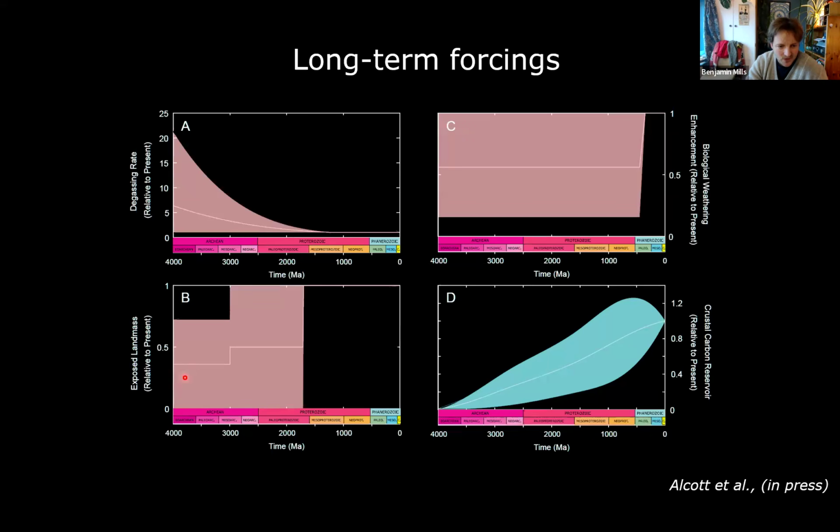Similarly, exposed landmass, this is the exposure of the continents. A lot of argument about exactly how this happens, but there's a general agreement that at least in the early Archean, you probably had less exposed landmass than today, although exactly how this proceeded is unsure. So again, we've tested all the space here. Either we can have no continents and a rapid exposure here, or we can have very little change over the Archean. Another thing that's uncertain is to what degree biology impacts continental weathering.